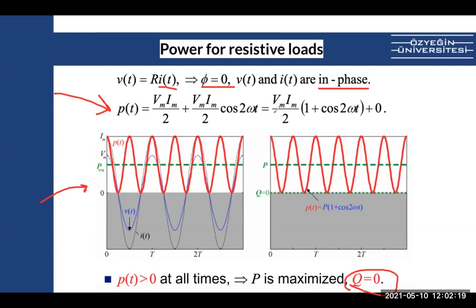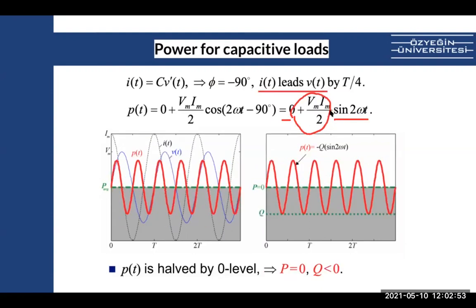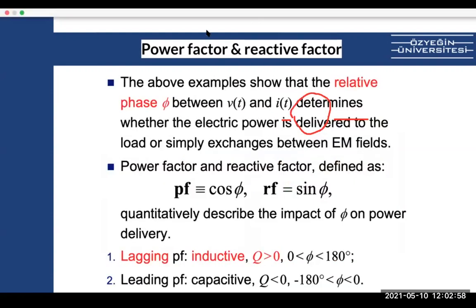As you can see, we only have the in phase component, so average power. Reactive power is 0. For inductor, as I mentioned, this time average power is 0, but you have the reactive power. And for the cap, same thing, you have the reactive power only. So now